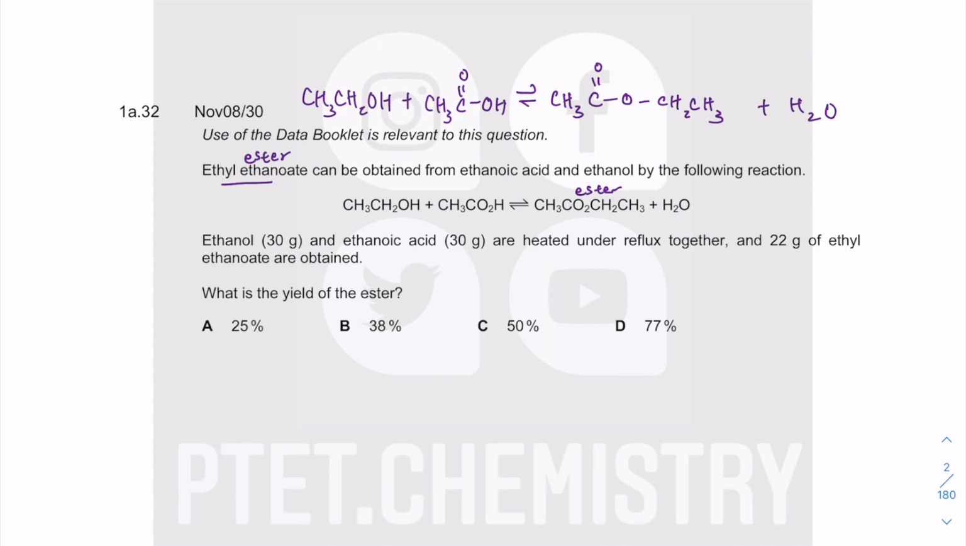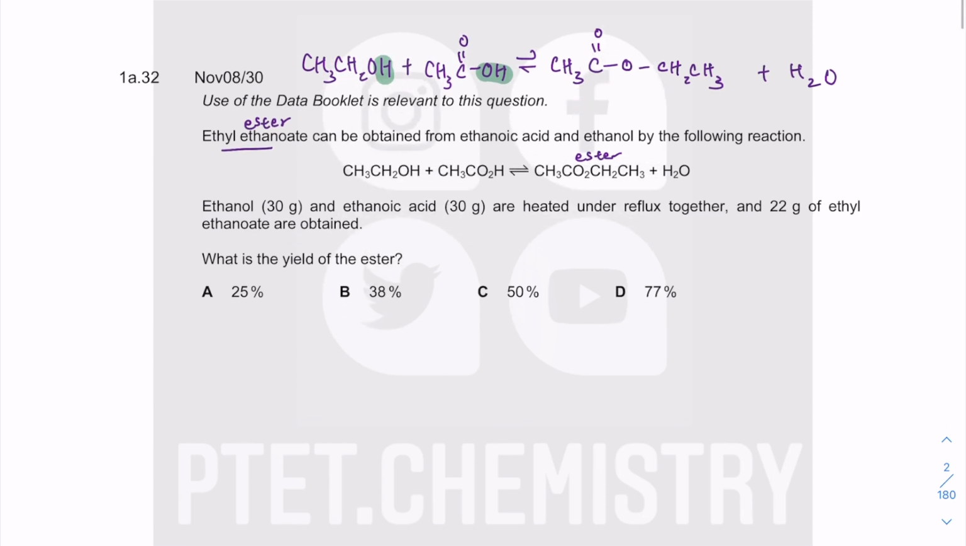Right, so what actually happened is that the carboxylic acid loses the OH and the alcohol loses the H, and you get this ester linkage as a result of condensation reaction, something you cover more in A-level organic chemistry as one type of general organic reaction. Anyway, this question is not really about the organic chemistry, it's more about mole calculations, hence it's in this classification. So you have 30 gram of ethanol, 30 gram of ethanoic acid, you reflux them together and you get